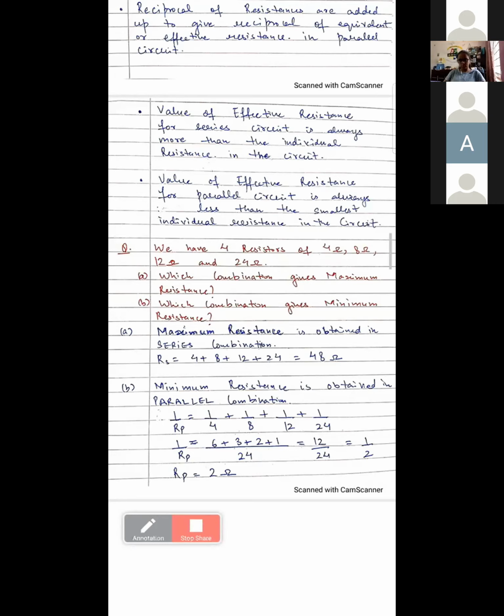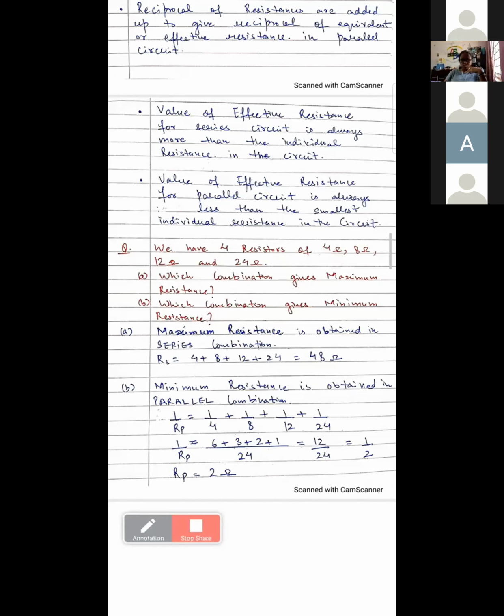Getting it? And we can have separate switches for parallel. Yes, we have separate switches also. That's why in domestic circuits, whatever we have at home, we have in parallel. Parallel combination only we are having at home because we have different switches. If one of the branches doesn't work, that doesn't mean that other branches will not work. That's why we have parallel combination. That I'm going to discuss afterwards.